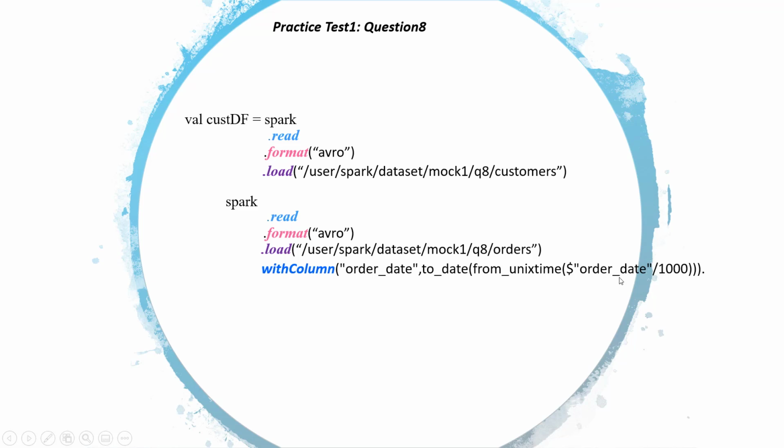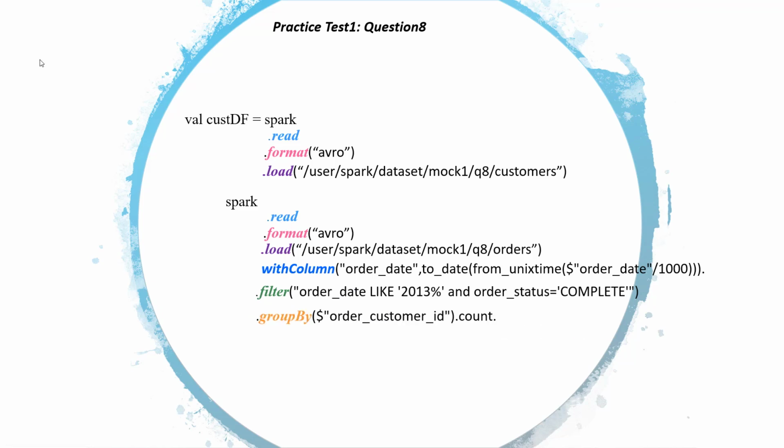Okay, so do remember, if you wanted to deal with the dates and everything, you just need to know how to change from Unix to date and from date to Unix. And if you don't know that, do remember to check my lecture in the data frame section where we covered how to deal with the dates. The next step that we wanted to do is to filter out the data. We wanted the orders that are placed in 2013 and whose status is complete. So that's what we are doing here. We are filtering the order date like 2013 and the order status is complete.